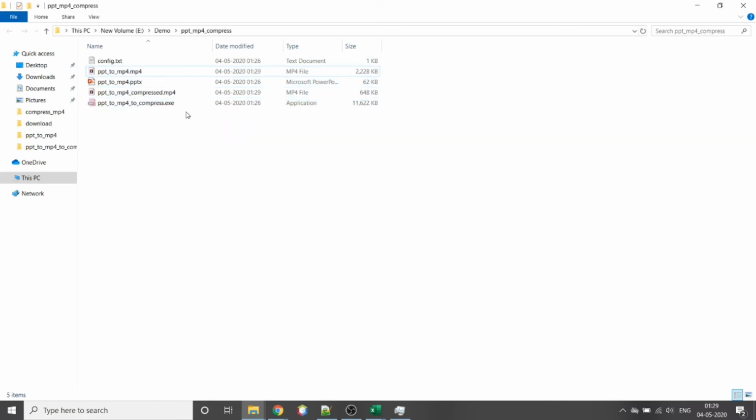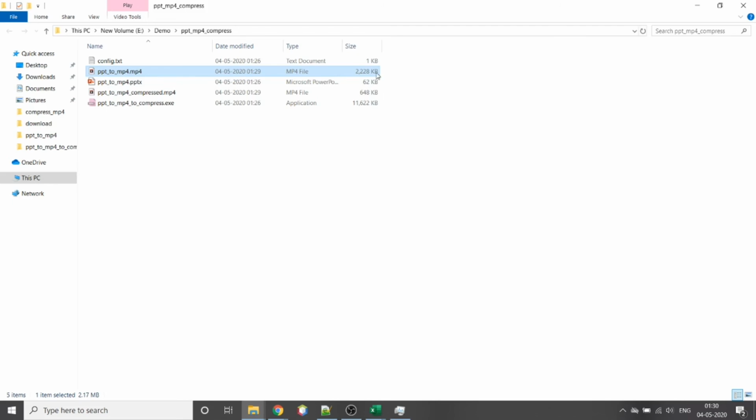What happened is this PPTX was converted into MP4 first, and if you can see here, the size is approximately 2.2 MB, and then the second program was triggered to convert this MP4 file into a compressed MP4 file. The compressed MP4 file has a size of 648 KB.